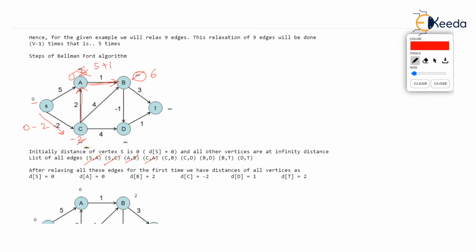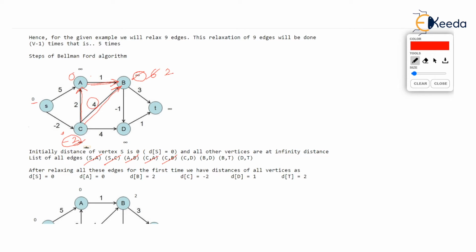Great. Let me clear off a few things. Okay. So which edge are we now talking about? This C is at minus 2. Let me update this again. C is at minus 2. Okay, next edge is C comma B. Now C comma B, if you observe this edge, you will add minus 2, which I am encircling right now, minus 2 with 4. And you will get the sum as minus 2. Sorry, 2. I'm so sorry. Minus 2 plus 4 is 2 and it is lesser than 6. So distance of B becomes 2.